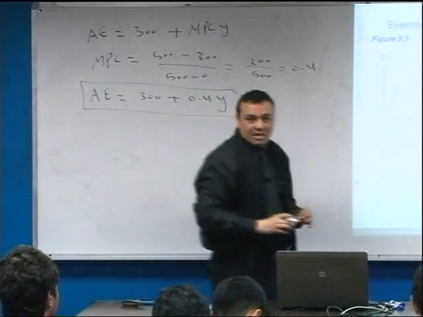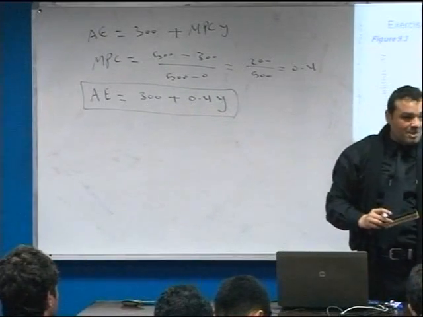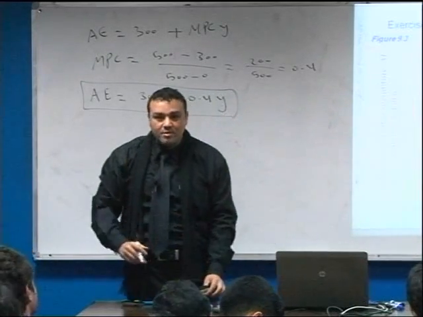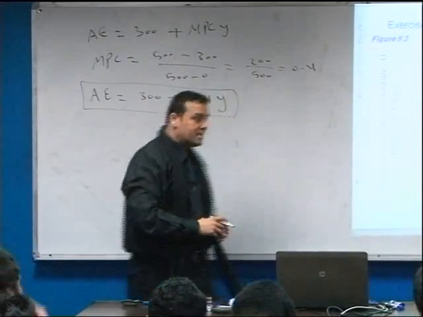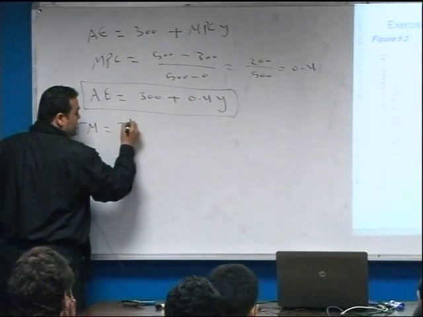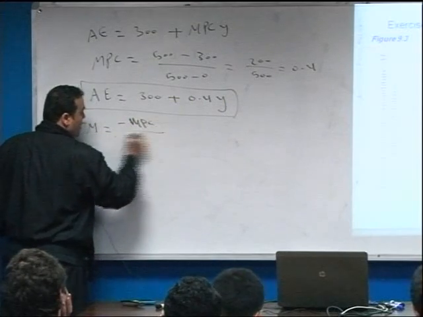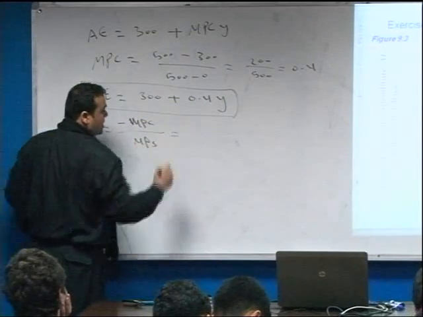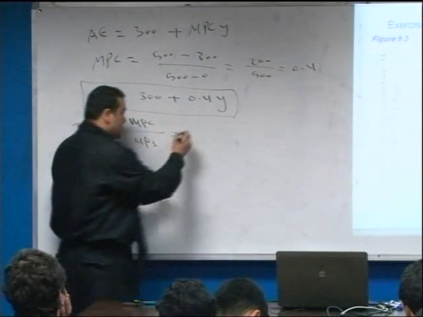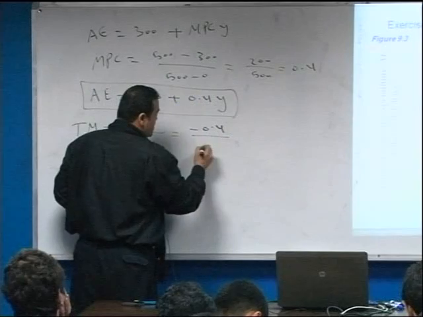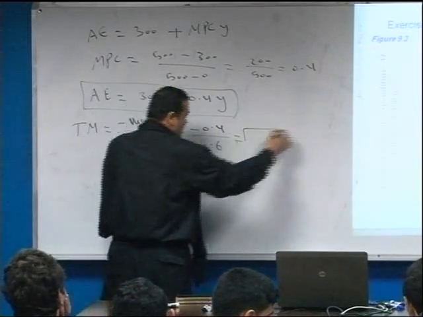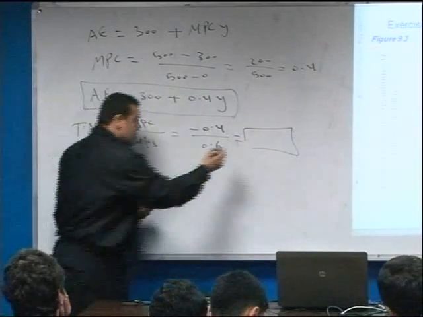How much is the government spending multiplier and the tax multiplier? Let's calculate the tax multiplier. The tax multiplier equals minus MPC over MPS, right? Which is minus 0.40 over 0.60 equals how much? The calculator gives us the number, 0 point